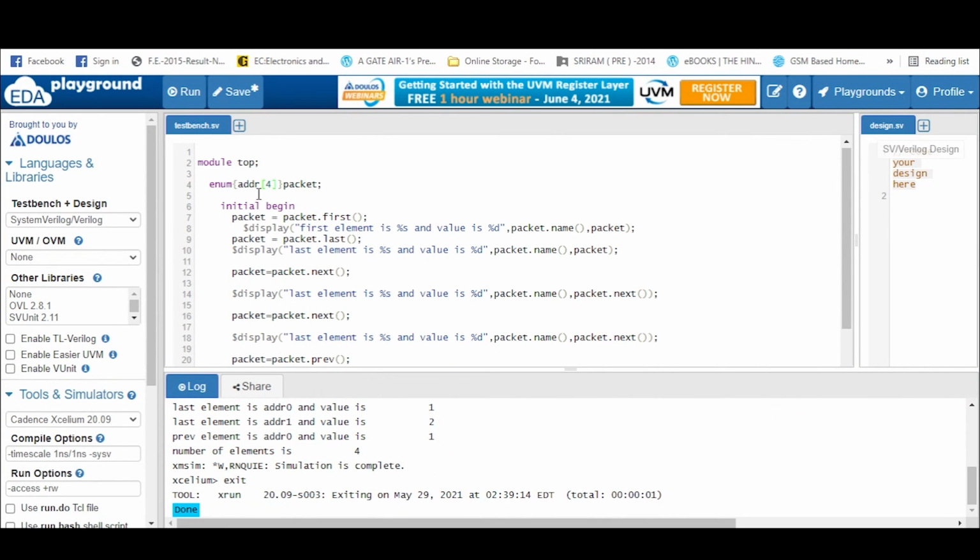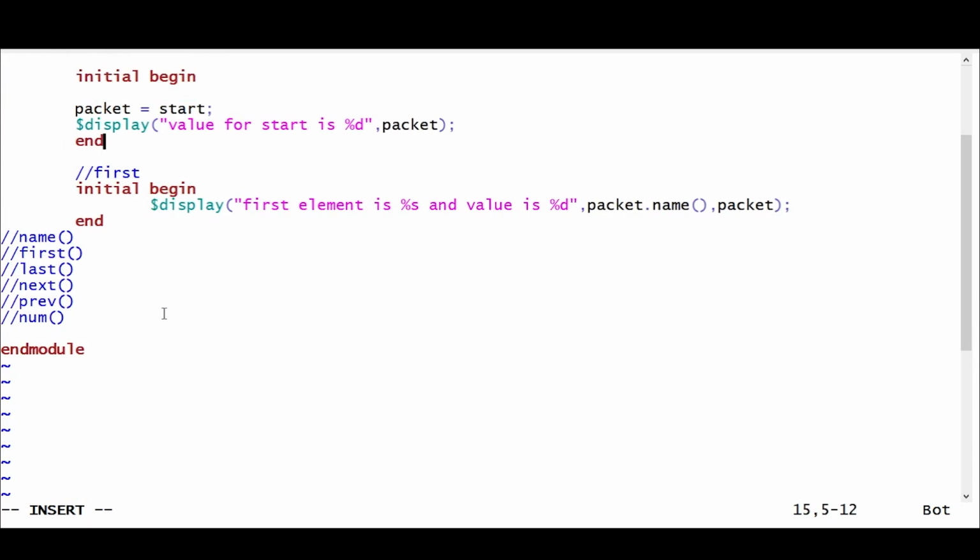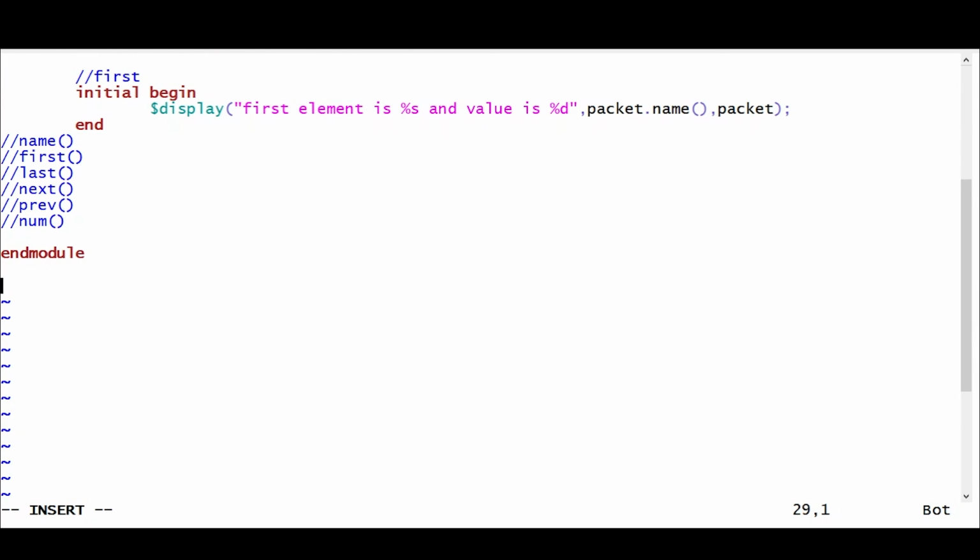If you write enum address with 4 like this, and you name it packet, what will happen is it will create addr0, addr1, addr2, and addr3.